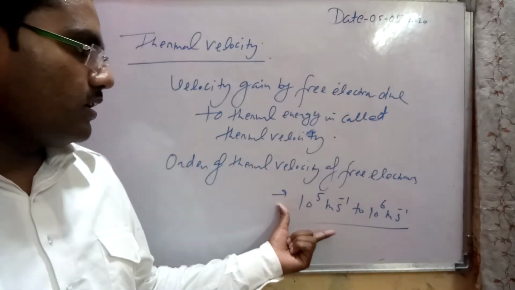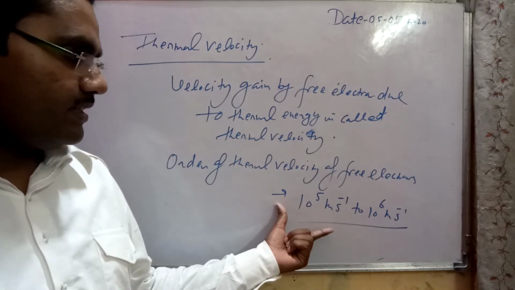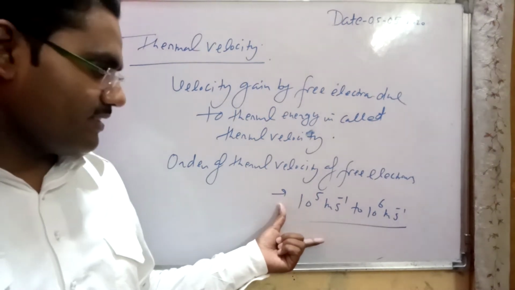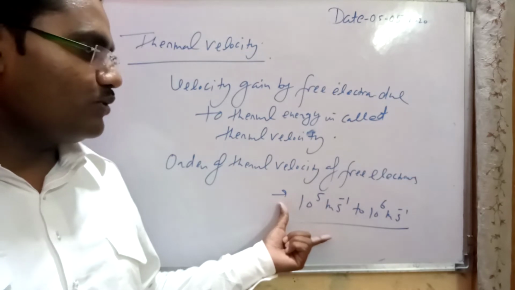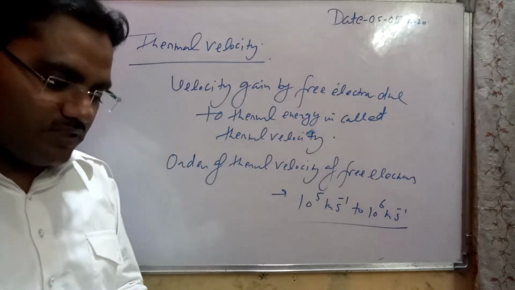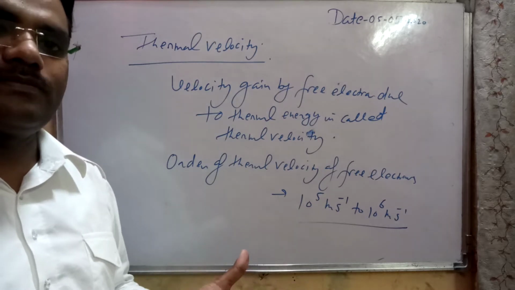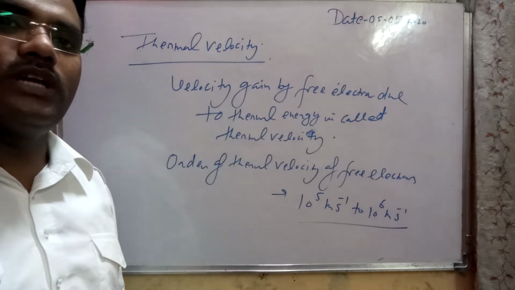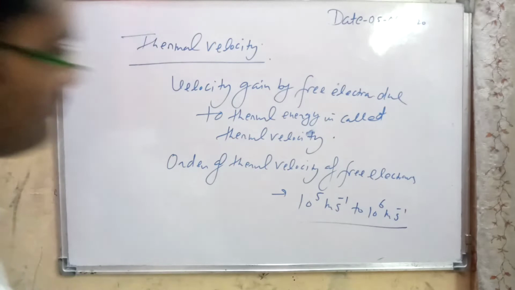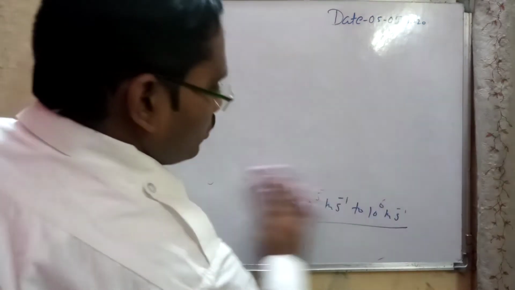the molecules of an ideal gas. In ideal gas, we study the kinetic theory of gases. In the kinetic theory of gases, the velocity of a molecule of an ideal gas is 10 to the power 5 to 10 to the power 6. That means free electrons in a conductor behave like molecules of a gas. Hence, free electrons are also known as the electron cloud in a conductor. And the average thermal velocity of all electrons is 0.